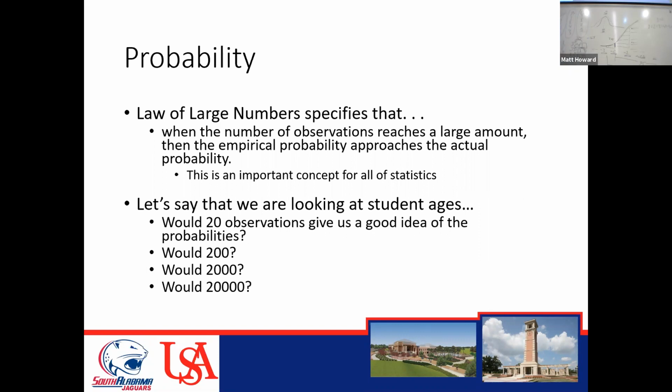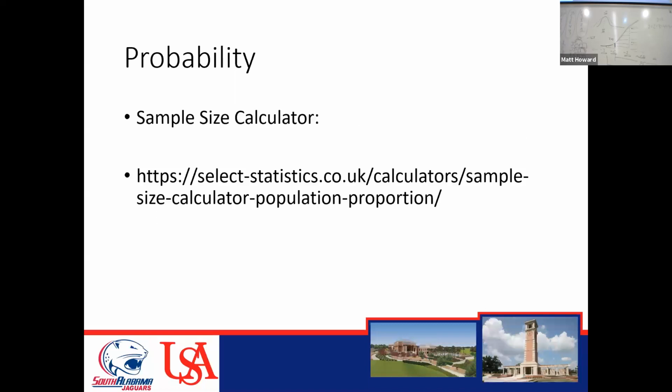So in short, that's why a lot of our statistics regarding samples can apply to populations, because of this law of large numbers. Once we get enough participants, our empirical probability approaches our actual probability. So if you have a sufficiently large sample size, it does indeed represent the population. And there's the sample size calculator if you want to look at it on your own. So if you're ever interested in studying something like South Alabama students, and you want to see how many students